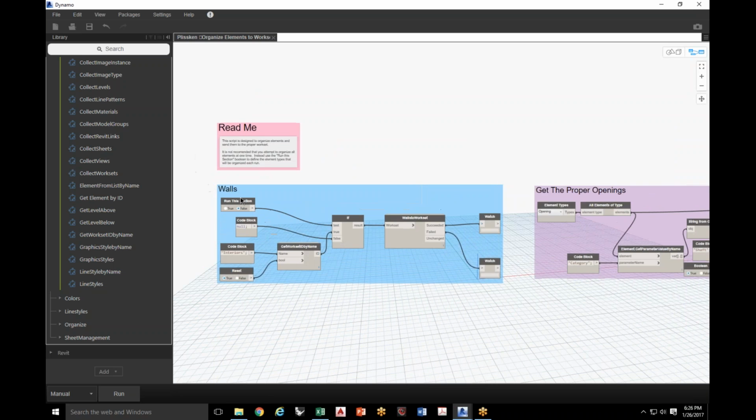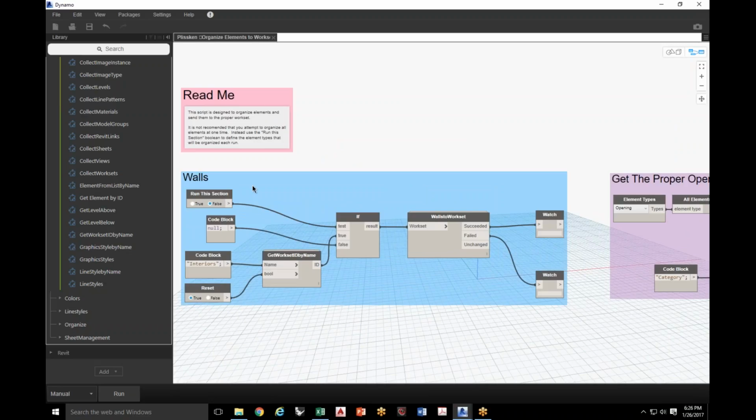So with this script, I asked whether or not you want to run it. Ooh, this is pretty old. This is before I learned about Boolean gates. So this was an old thing that I would do. If it's true, it lets get workset ID by name, and we're going to get all of the